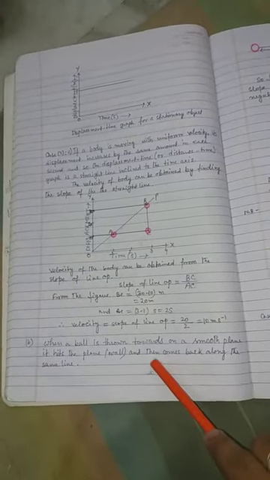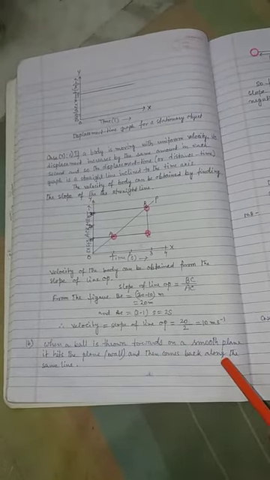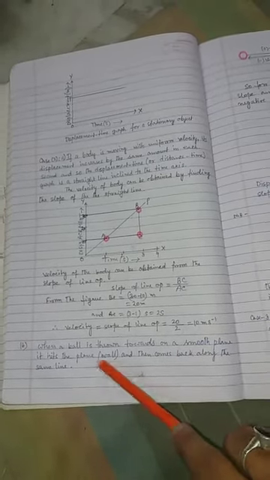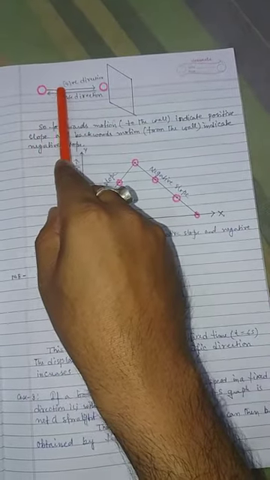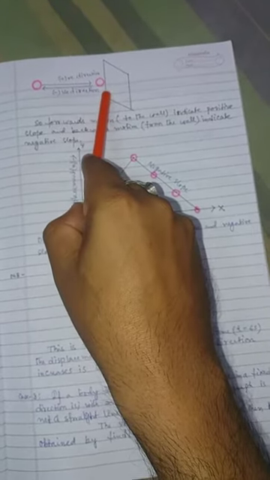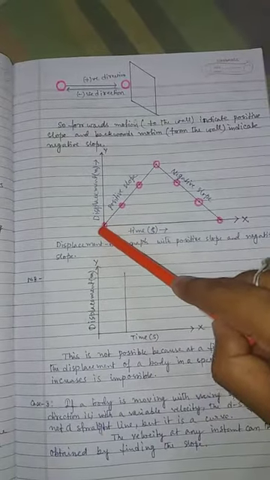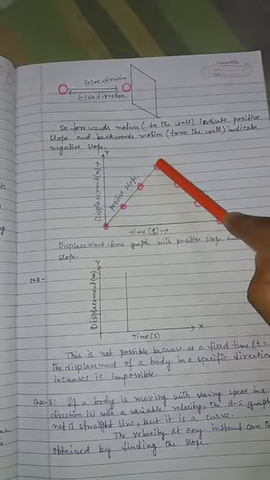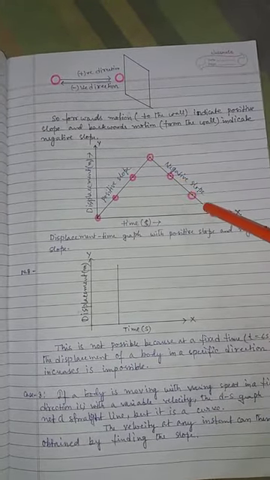Now we consider a case where a ball is thrown towards a smooth wall. It strikes the wall and then comes back along the same line. Then what will be the graph? That means the object's direction toward the wall is considered positive, and after hitting the wall the direction is considered negative. When the object is thrown towards the wall, the graph will be this one, and when returning from the wall, the straight line will be this type.